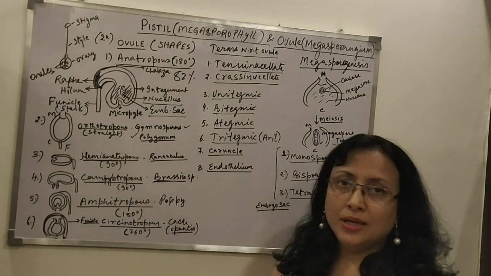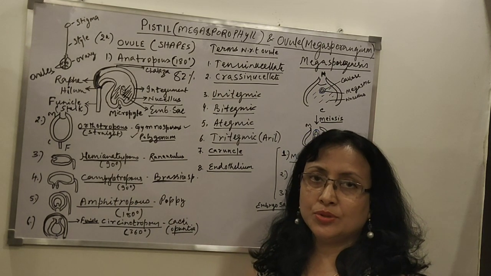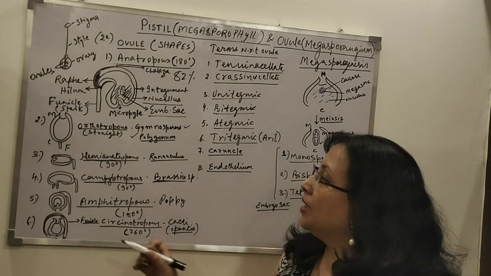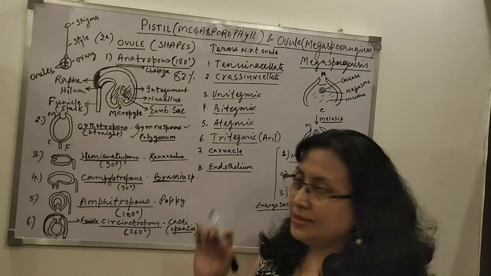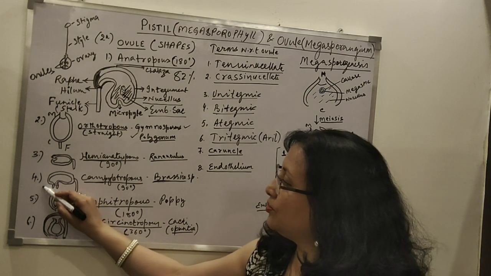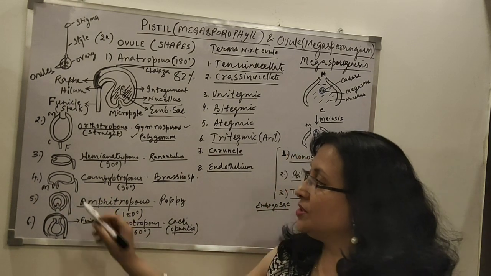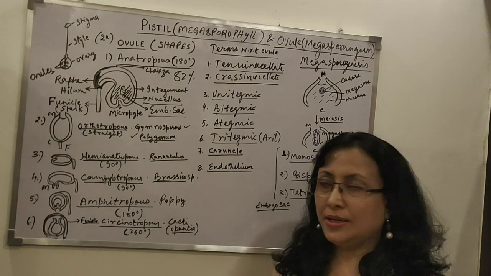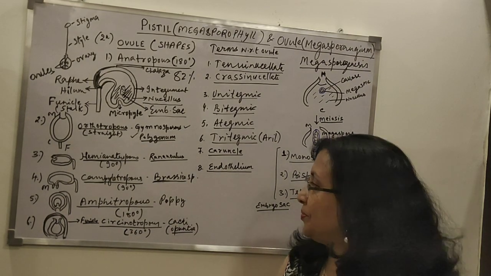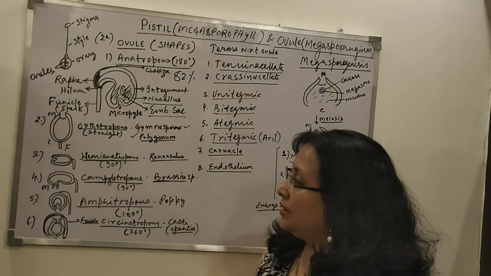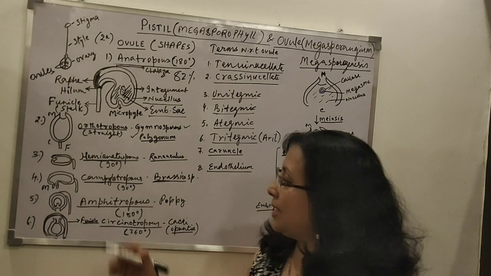campylotropous ovule. You can refer to the notes or the books side by side. Campylotropous, if you can see, is also a 90 degree ovule, but its micropyle bends down. So you can see how this micropyle is bending down. So this is found in many Brassica species. Fine. Then still next, that is the amphitropous.